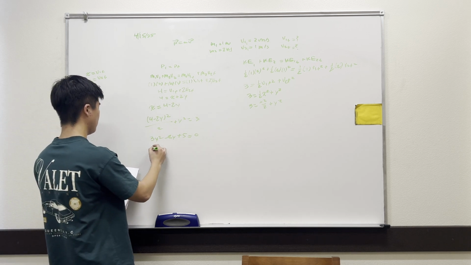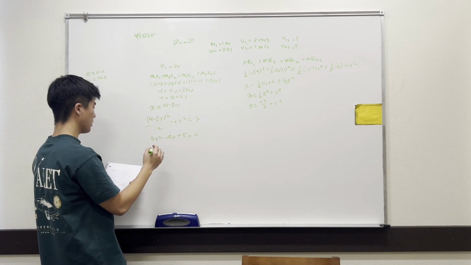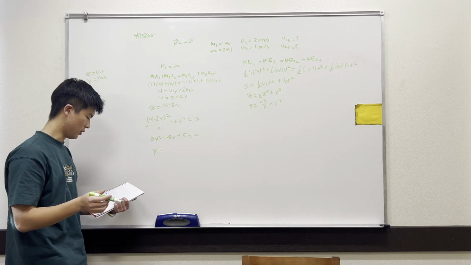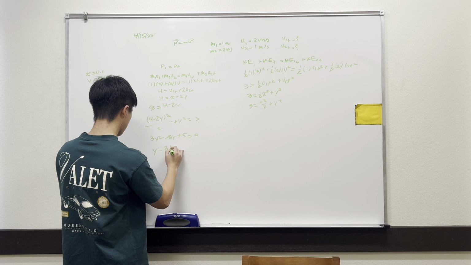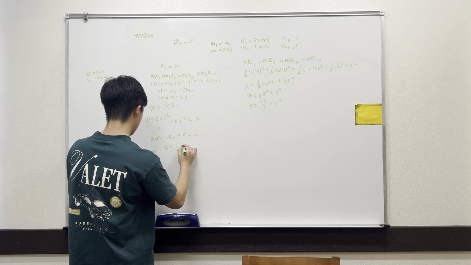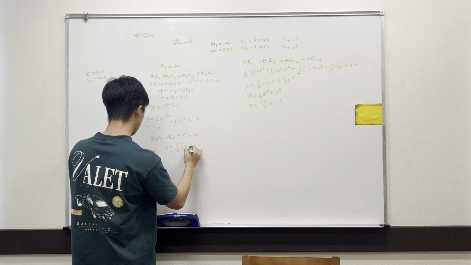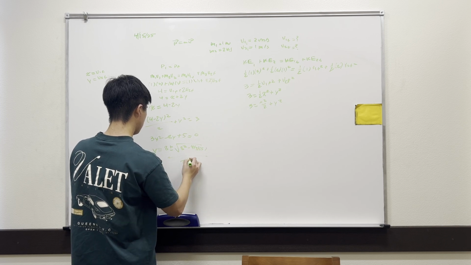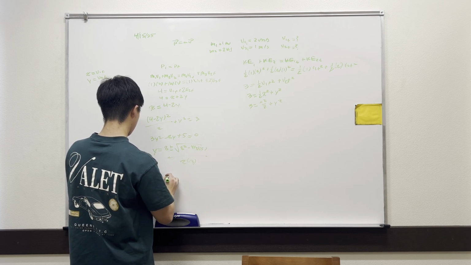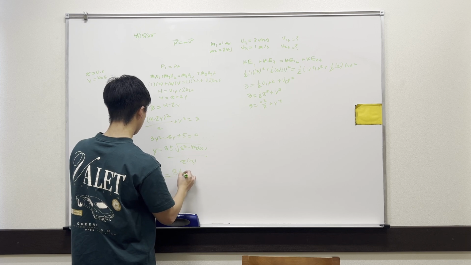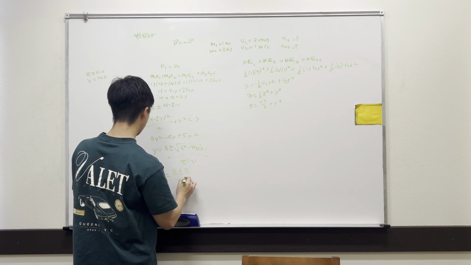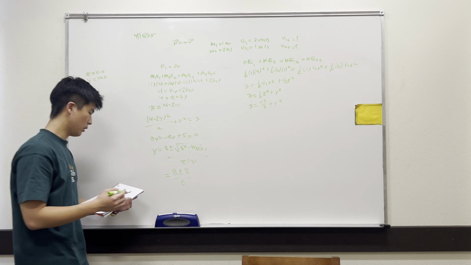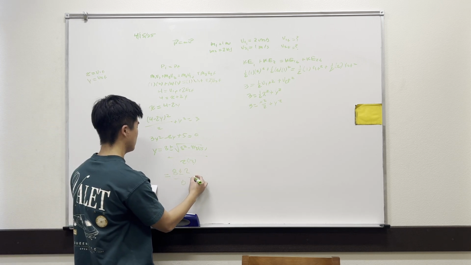And then with that, you use the quadratic formula. Negative b plus or minus the square root of b squared minus 4ac, all over 2a. So that'll be 8 plus or minus the square root of b squared minus 4ac all over 2a. And so you should get 8 plus or minus 2 over 6. And so now, 8 minus 2 is going to be 6 over 6,